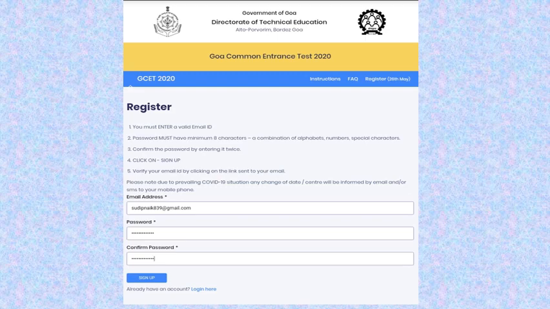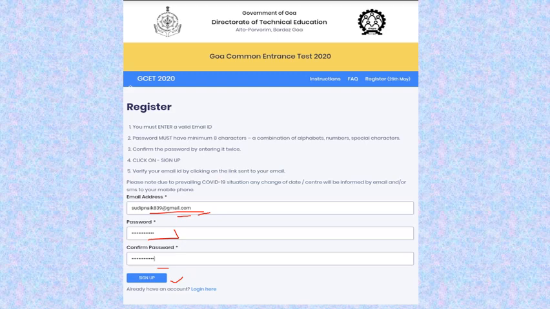After you click on the register button, it will show you this. Now you have to fill in your email address and put a new password for yourself. You have to remember that password. Now this email should be workable. They already told you all in the starting that the email should be workable, because after you click sign up, a confirmation email is going to come on that email ID. So you have to give your working email ID, and it should be accessible at the time you are filling this form.